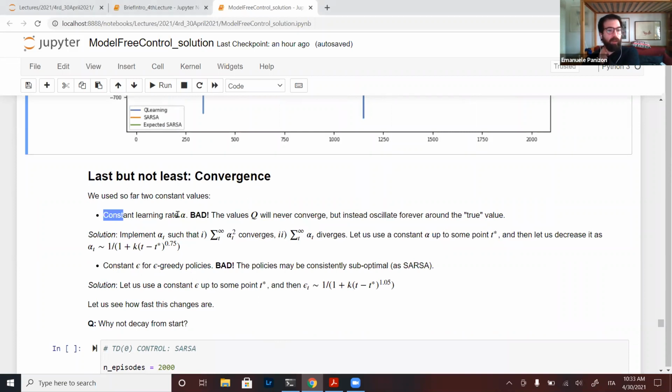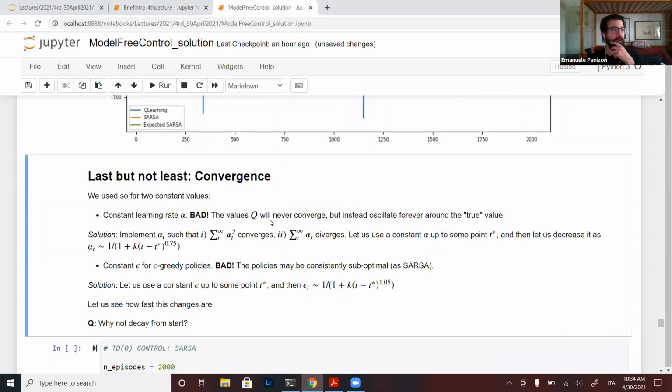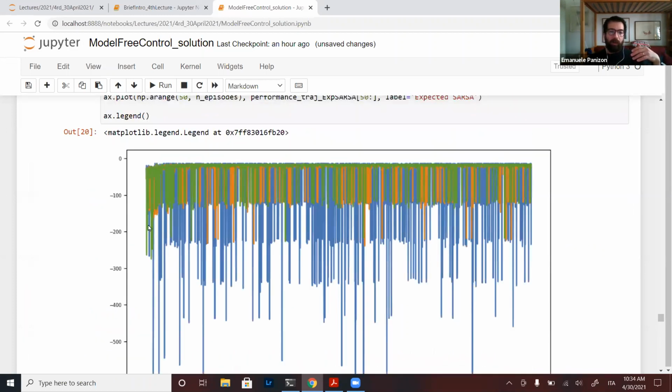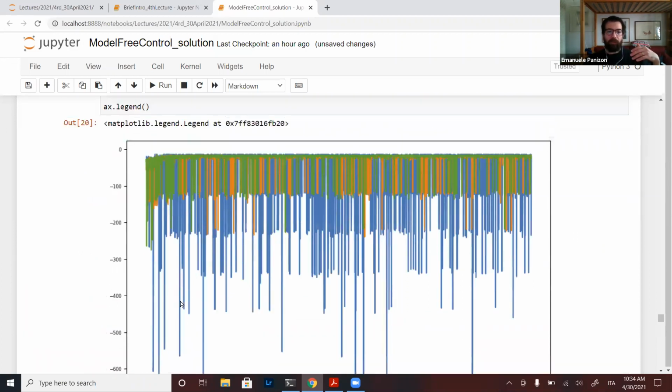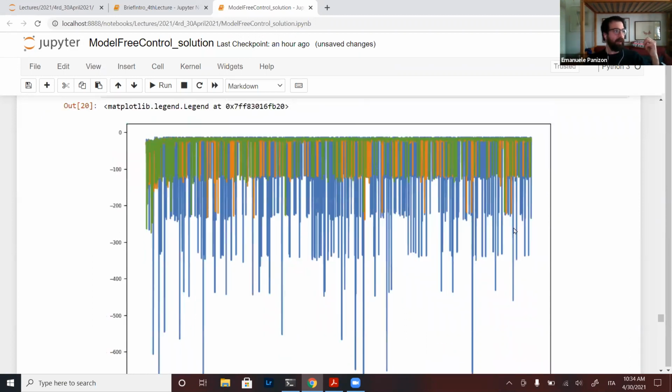We used a constant learning rate alpha, which is bad for a very simple reason: the values will not converge, which is not something we want. Instead they will oscillate forever around it. You can also see it here. It took 250 episodes to obtain basically the same performance, and it stays the same for 2000 episodes.